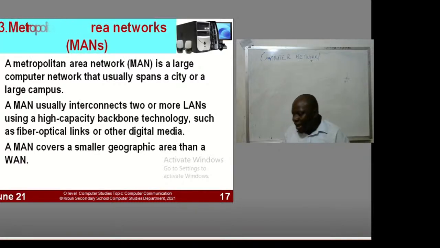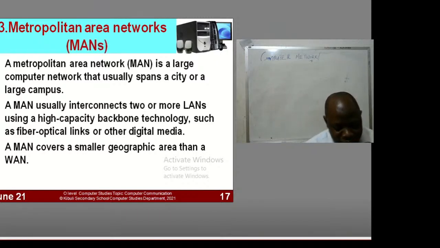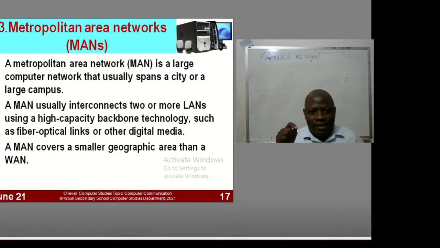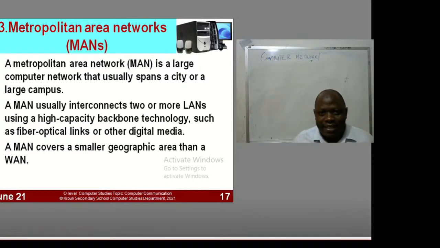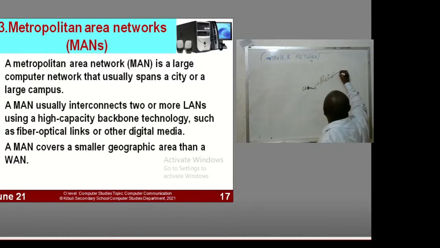Then, here we have another case. We have what we call metropolitan area networks. Today we are in a lockdown. Because we are in a lockdown, when His Excellency was considering, he considered the urban areas. And among the urban areas, he considered what we call the metropolitan area. But I don't know if it was all taken up, because it includes